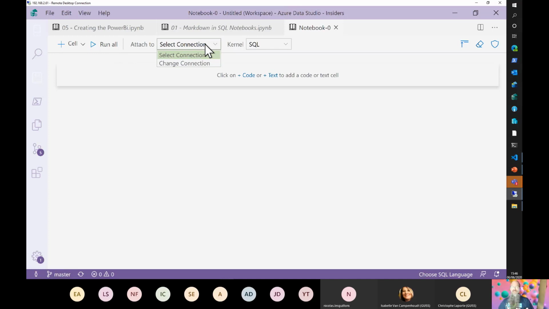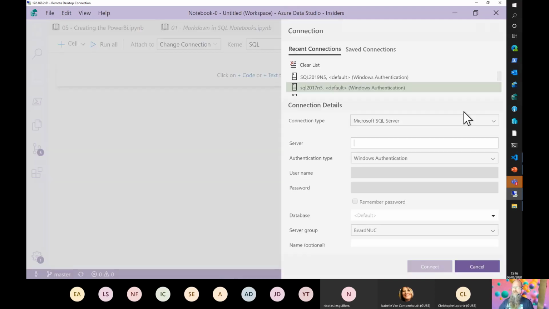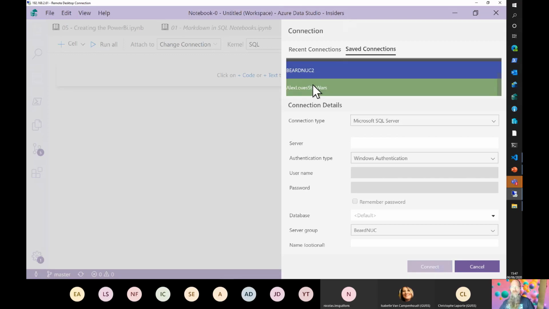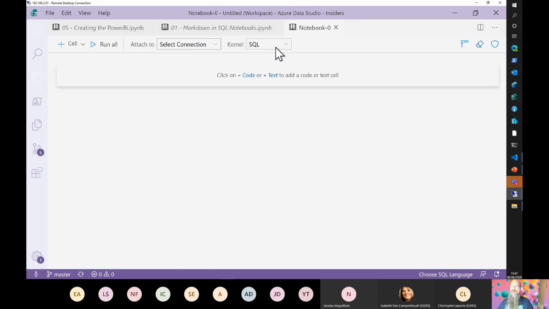Within Azure Data Studio, we can connect to our instances. So we've got a change connection here. And as you can see, you can pick from previous connections. You can pick from the connections you've got in your registered servers, for want of a better word. And you've got